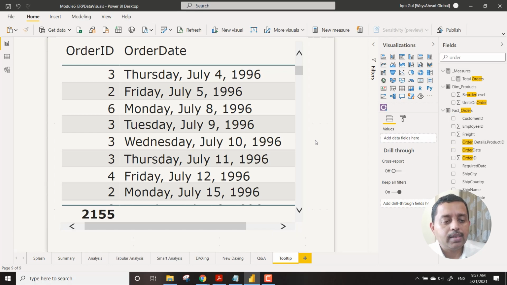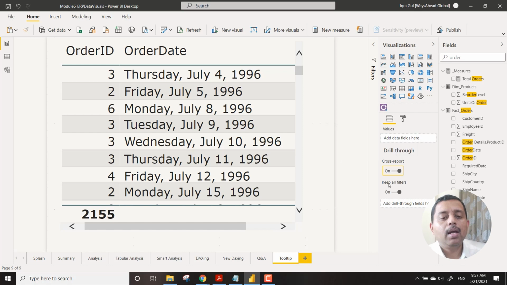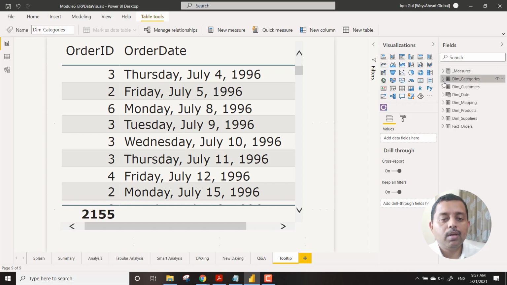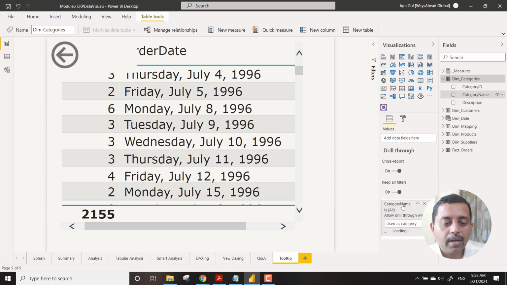And then we have something called a drill through option. And then we say how do we drill through over here. So let's say if somebody is talking from the measures perspective, or from the product perspective, category perspective, all these things we can bring in over here.